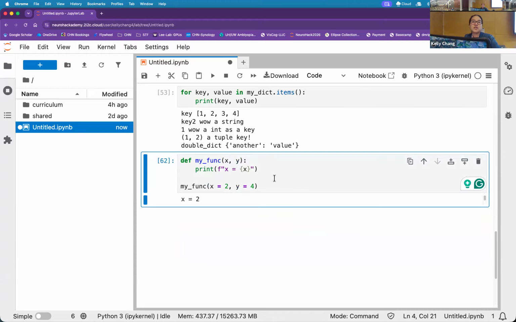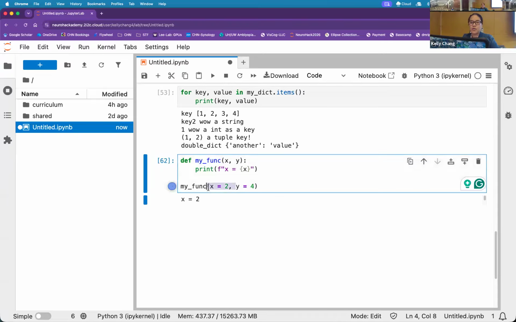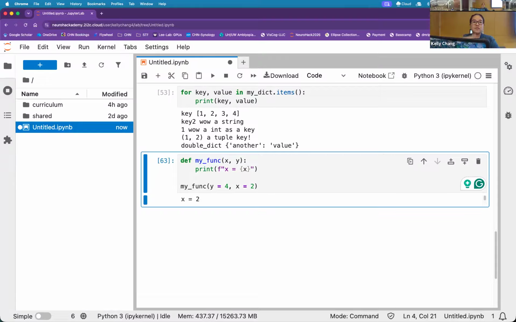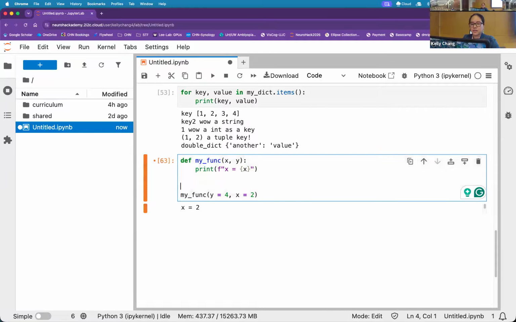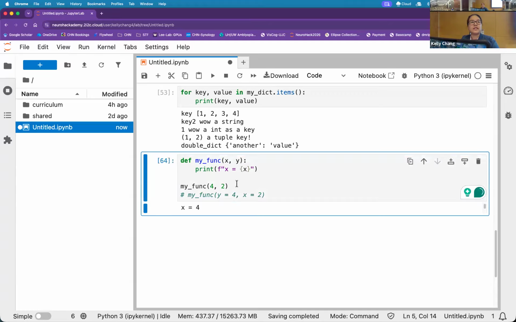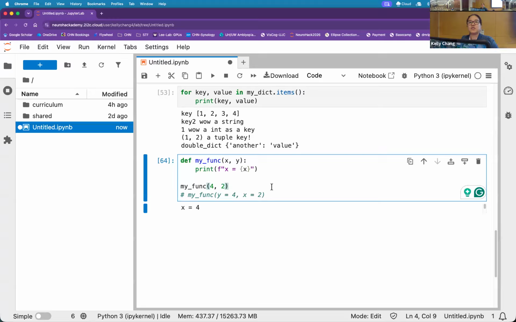So basically, in a function definition, if something is not defined with an equal sign, it means it's required. You don't have to specify it in order if you also specify the argument name. So if I do y equals 4 first, and x equals 2 second, it's okay, so long as you've defined it. But if you've done something like this, my func 4, 2, and it was expecting y to be 4, let me comment that out. It will go based on position, right? You've given it no information about what argument this is, so it'll go based off position.